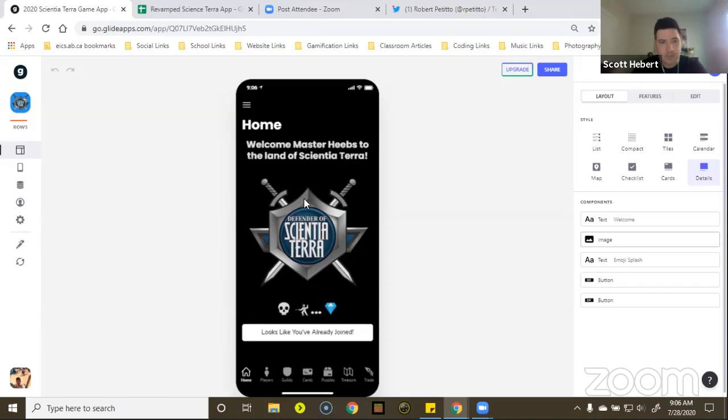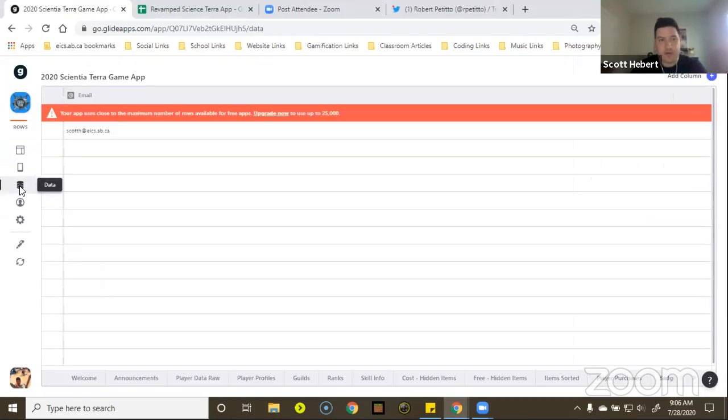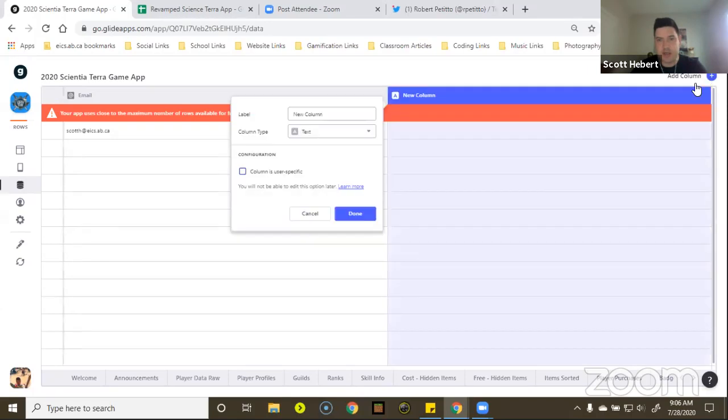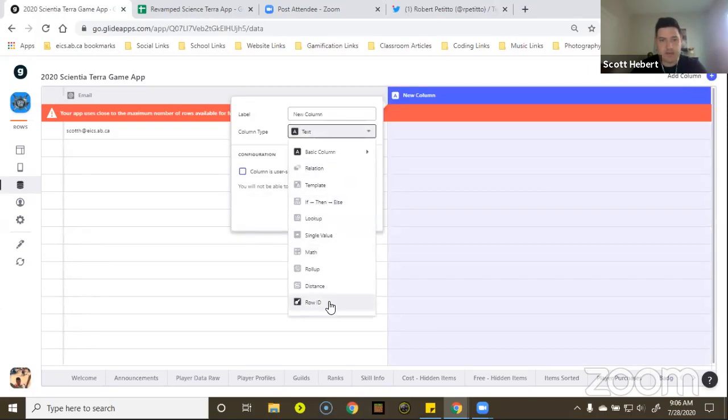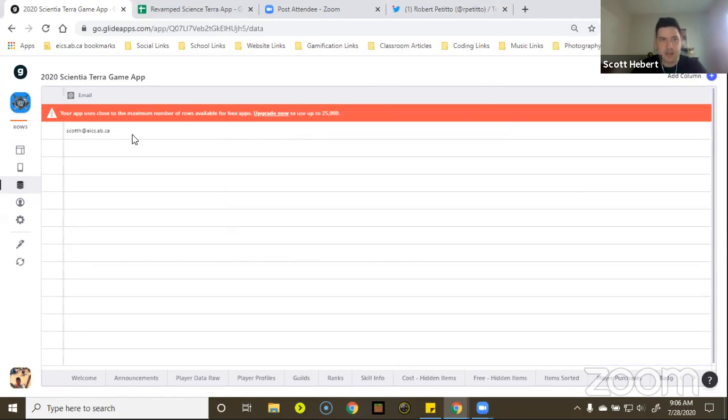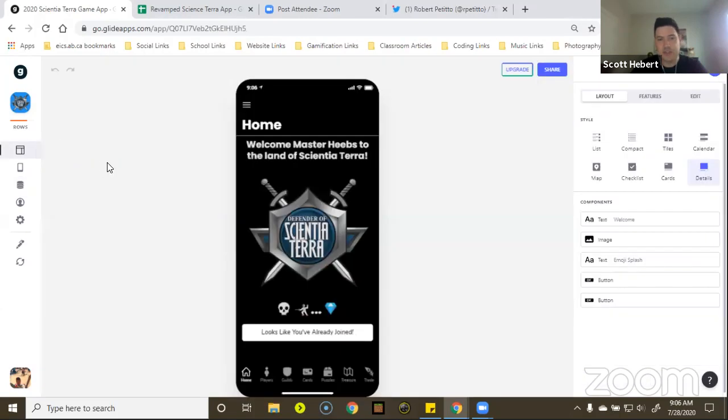It's all a fairly straightforward and simple process. Inside the app itself, there's something called a data tab, and in the data tab you can add all kinds of new columns that have different functionalities. It's these functionalities that make Glide absolutely crazy, where you can start doing conditions and variables and all kinds of different things. So it's absolutely cool.